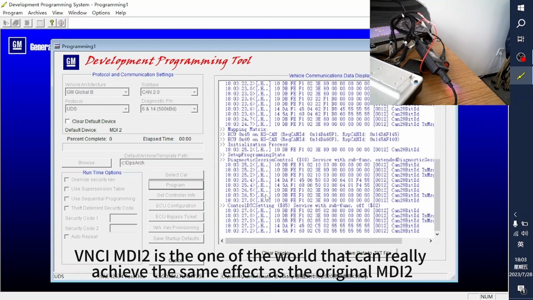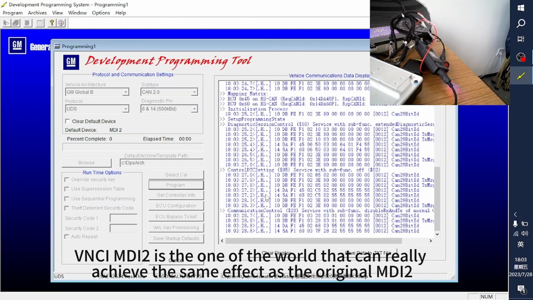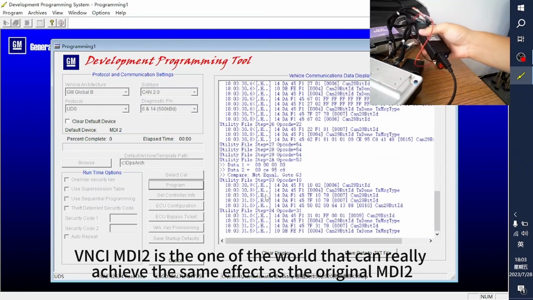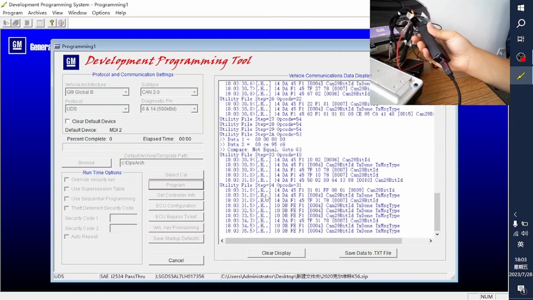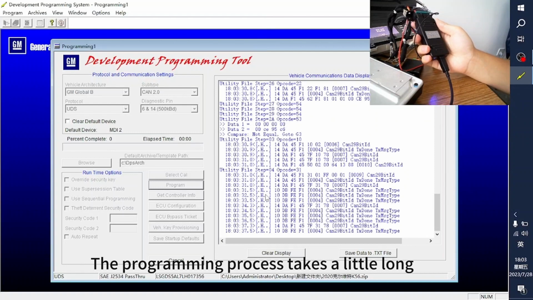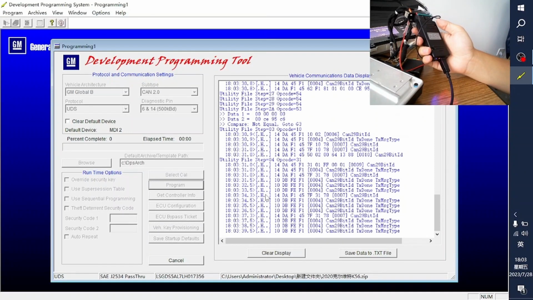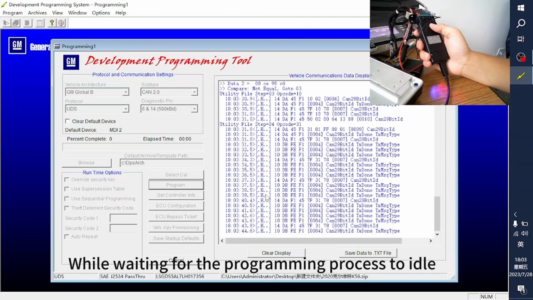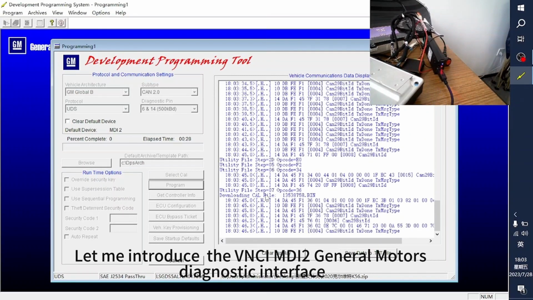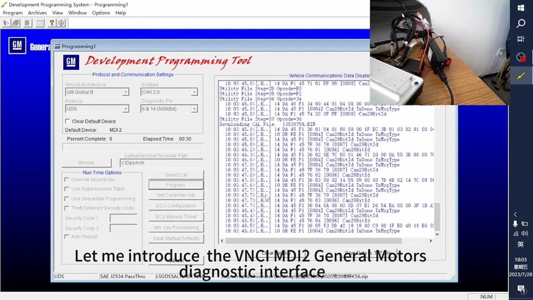VNCI MDI2 is the one in the world that can really achieve the same effect as the original MDI2. The price is no more than $220 US. The programming process takes a little long, so let's fast forward. While waiting for the programming process to finish, let me introduce the VNCI MDI2 General Motors